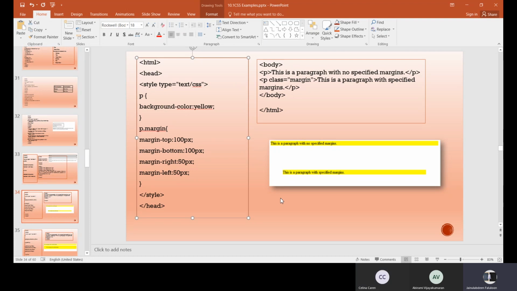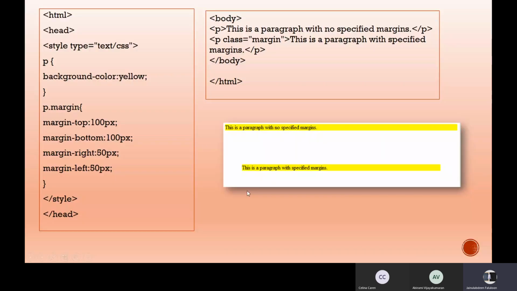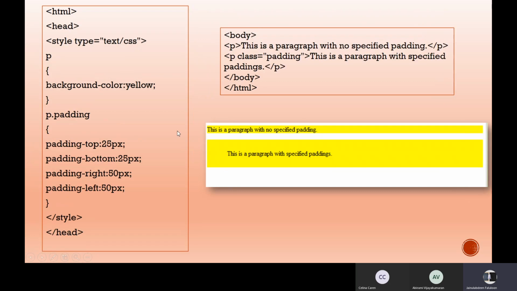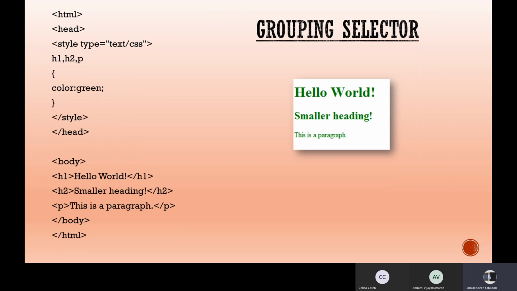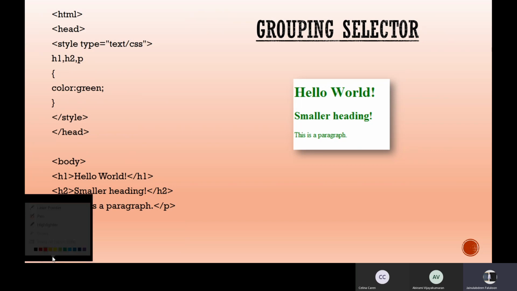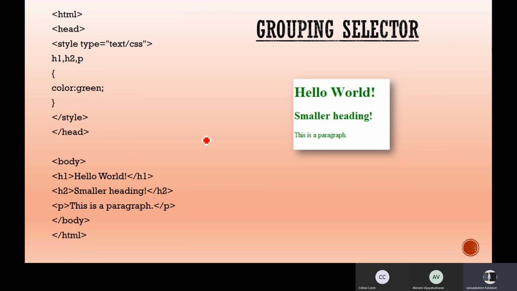Yes, sir. Yeah, right. In this presentation, I have given more examples for you. So this shows the paragraphs, and this is another paragraph, and the image gallery, how you resize the images, and grouping selectors. So I didn't talk about grouping because it is very simple, right? The simple thing is, when you are using the same type of